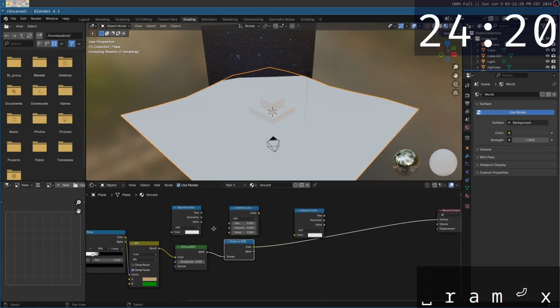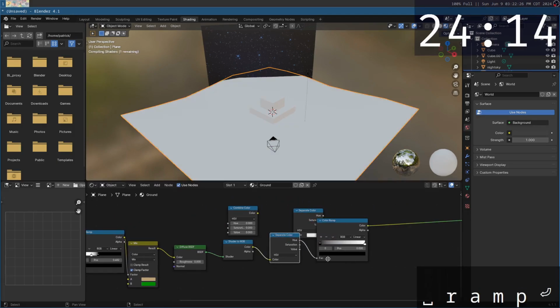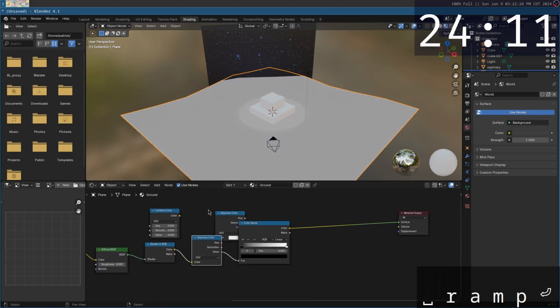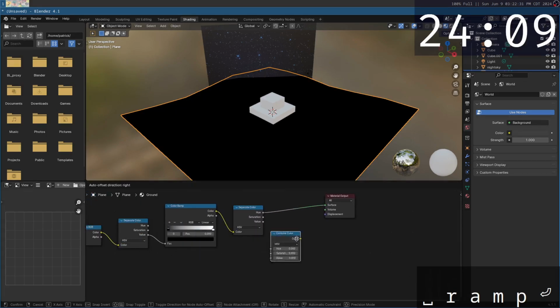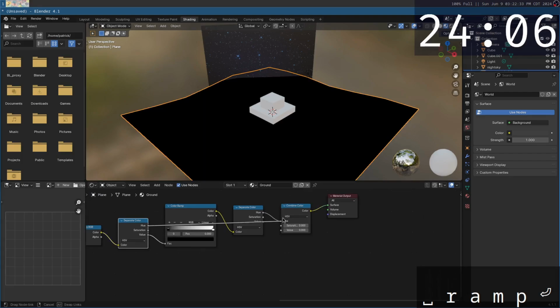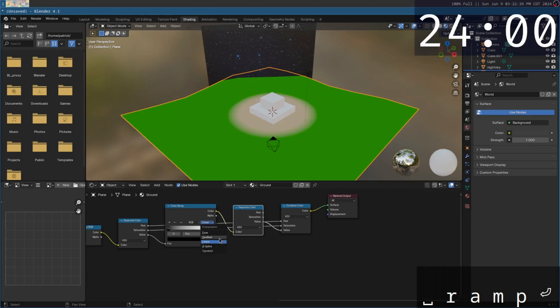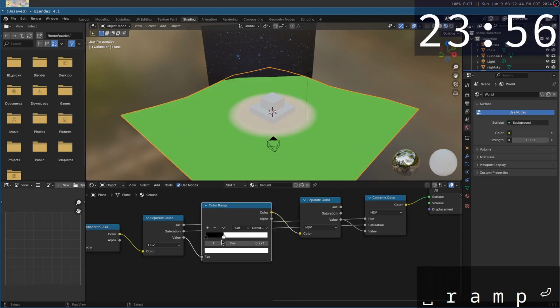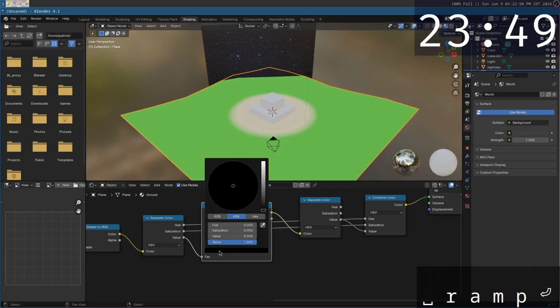the lighting. Shader to RGB, we'll do a color ramp, put the separate color in the middle of that, but we want that to be the value. And then we'll do another separate color and a combined color where we take in the original hue and saturation and take in the color ramped value, but we're going to add in some constant stops, make it all the way bright. Now we can add in just a couple more gray stops along the way, and we actually don't